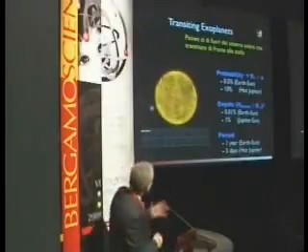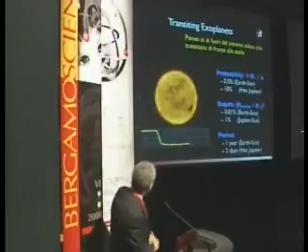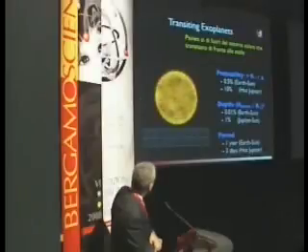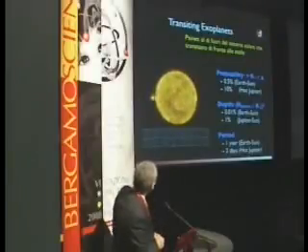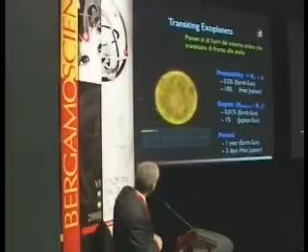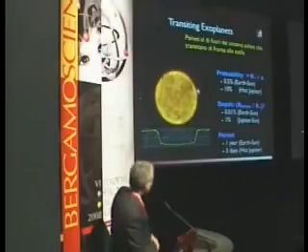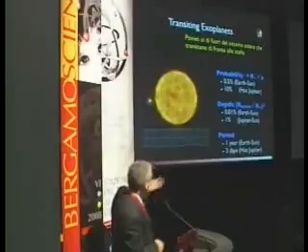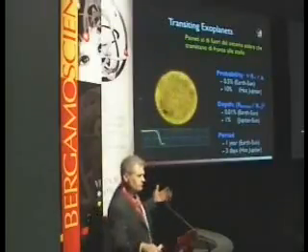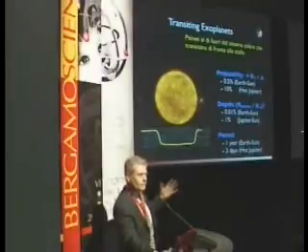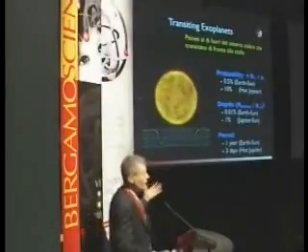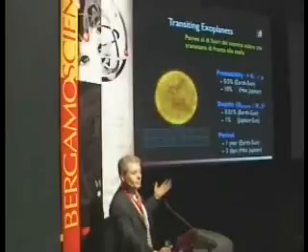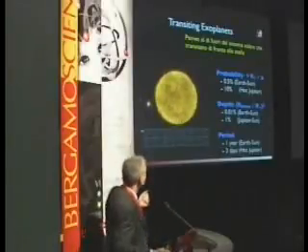And so the technique is very simple. It just says if you have a planet that's properly aligned with respect to the inclination that you're looking at it, that goes across the face of the star, and then you look at the light coming from that star, you will see a dip as the planet goes across the star. Now, it's not a very big dip. Jupiter, if you were looking at the right orientation of our own solar system, Jupiter will cause a 1% dip in the light from our sun. And we on Earth would cause a 0.01% dip, which is a lot harder to measure. But 1% is